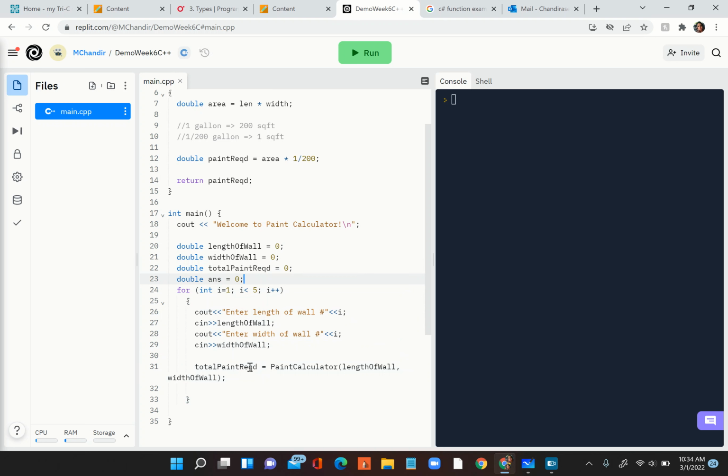Okay, I just ran the function. There are no errors. So it tells me that totally there is 13.82 gallons required. So basically this function got called, we got the area and everything. So if you want to cross check the area, what you can do here is you can say console.writeLine, sorry, forgive me, wrong class, cout